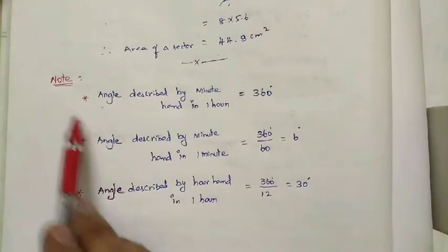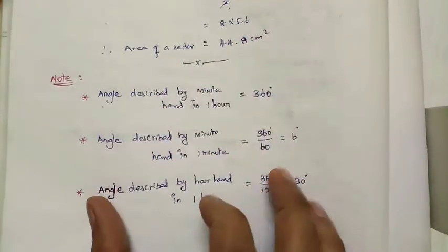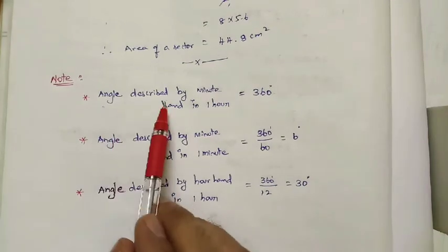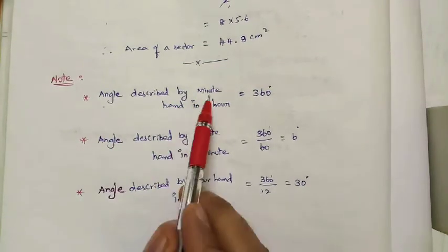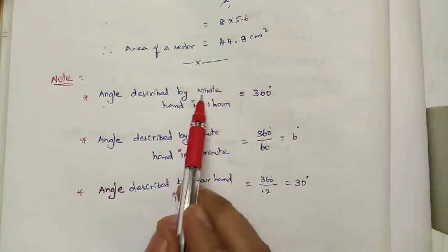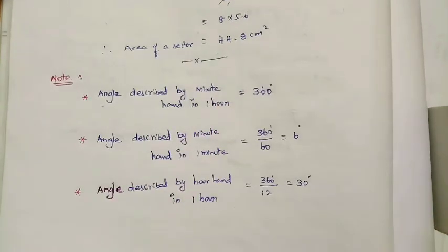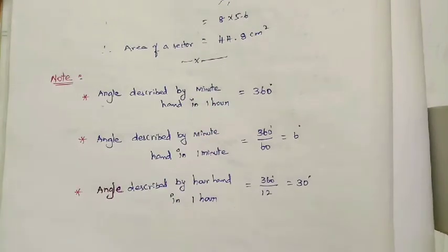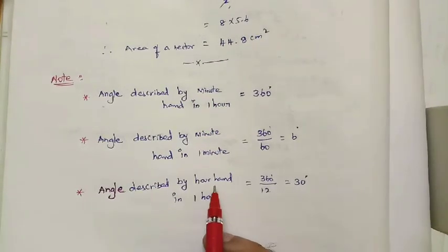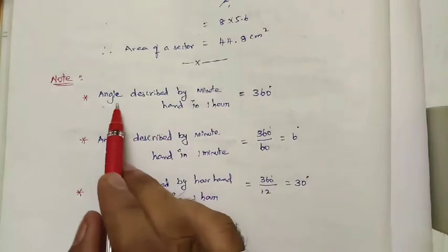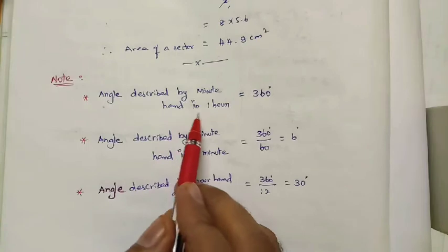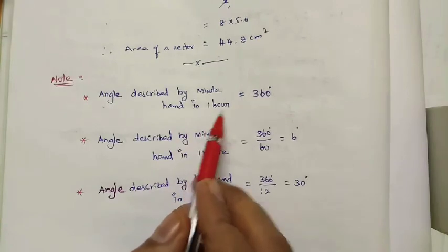Next, a very important note. These are constant angles. Angle described by the minute hand. You know the minute hand and hour hand in a clock. The biggest hand is called the minute hand, and the small hand is the hour hand. So, the angle described by the minute hand in 1 hour is equal to